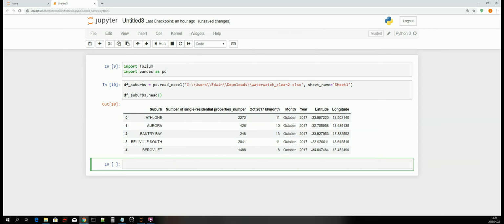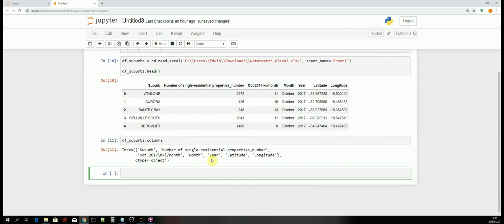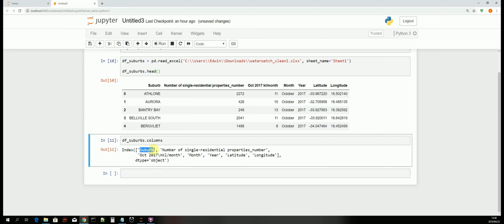The next thing that we are going to do is explore this data. We are first going to print out all the columns. As you can see, it printed them out. So we have suburb, that is the one that we will need, which has the name of the suburb, and this field contains the kiloliter consumption value. We are also going to use the latitude and longitude values